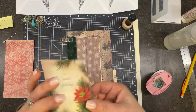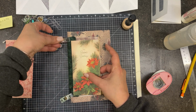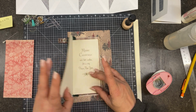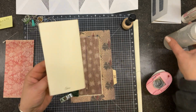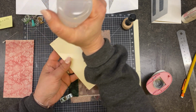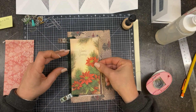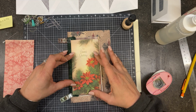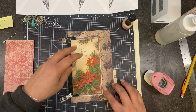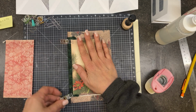Okay, zip that shut. Now we're just going to put, so to make sure I got it on there nice and even. So we've got pocket, and then we'll do top and bottom, and then we'll have a belly band. Okay. Awesome. Now all we have left to do is,